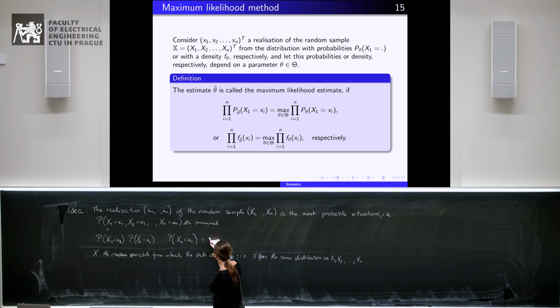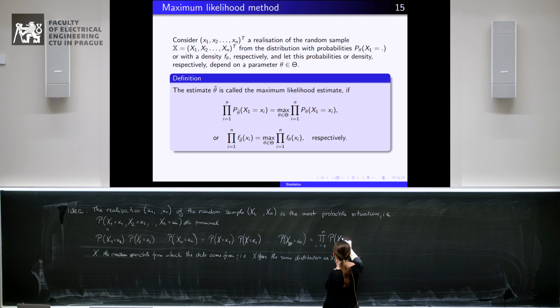So it is equal to the probability that x is equal to x1 times the probability that x is equal to x2 times the probability and so on that x is equal to xn. And so we can write that it is the product from i equal to 1 to n of the probabilities that x is equal